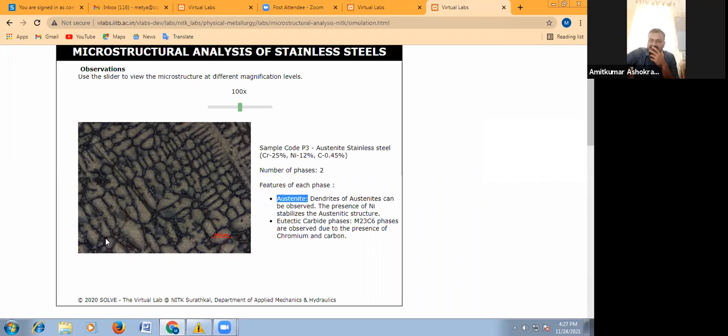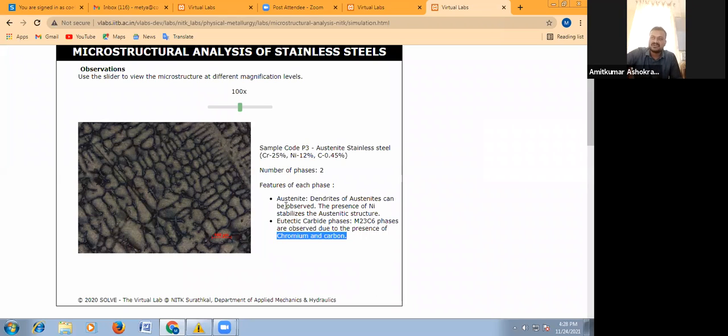Some dark black spots are there somewhere. You can see in some regions dark spots, and it is nothing but the carbide phase. Due to the reaction of chromium and carbon, carbides are formed, and that will be observed.